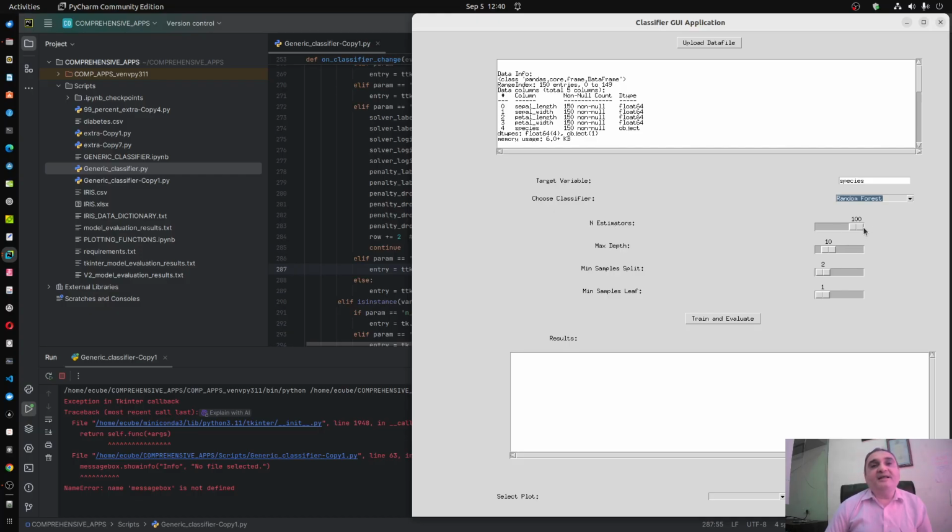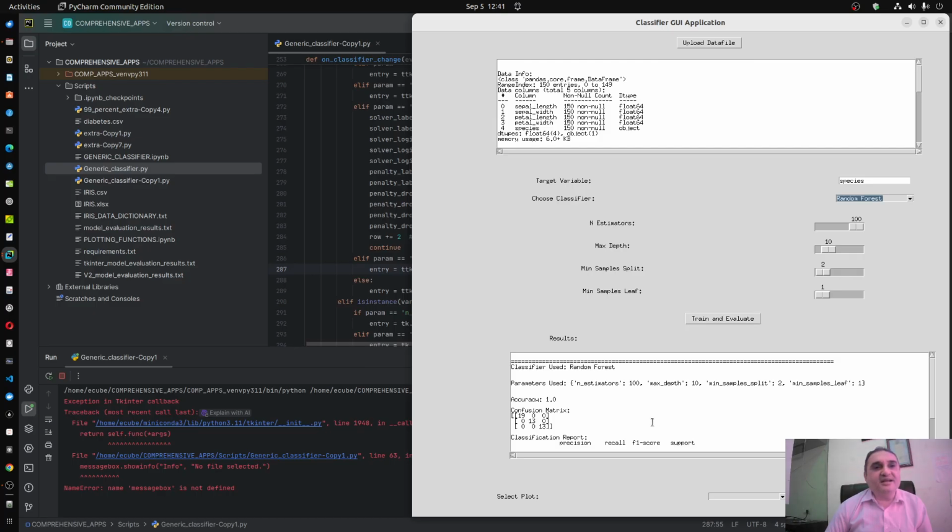So, n estimators, number of estimators, maximum depth. Random forest is an ensemble model of trees. So how long you want to grow the tree, how deep you want to grow it, minimum sample split, minimum sample leaf, etc. So I am choosing the default values and I am clicking retrain and evaluate.